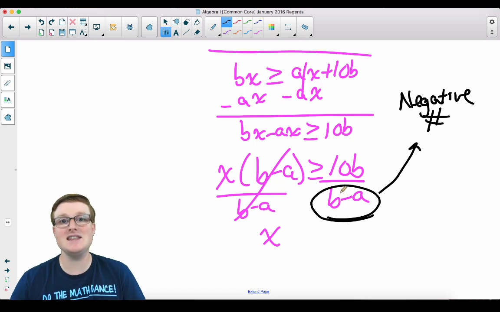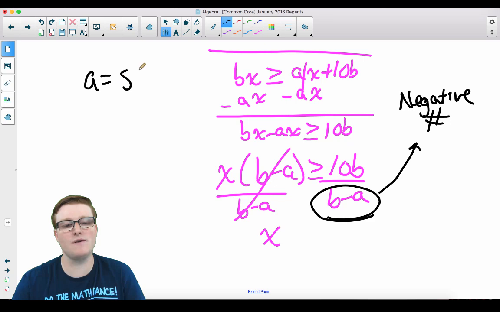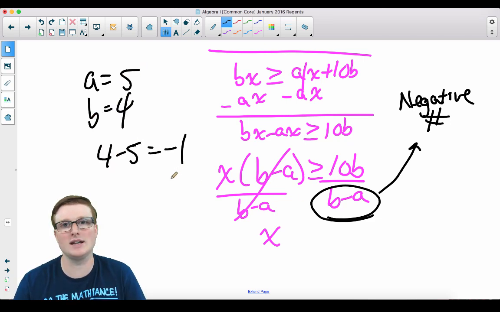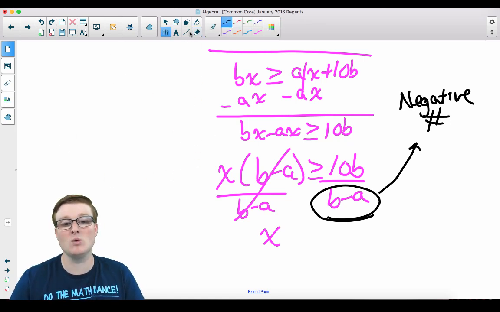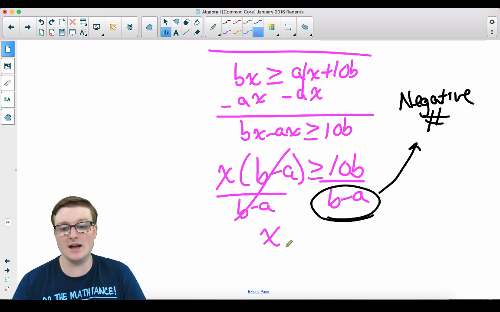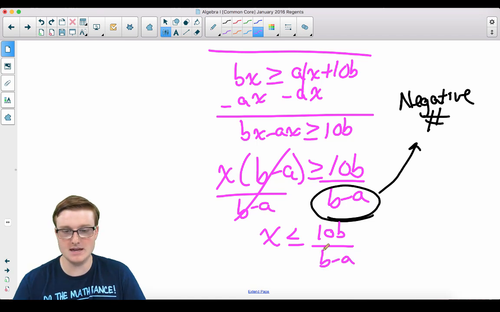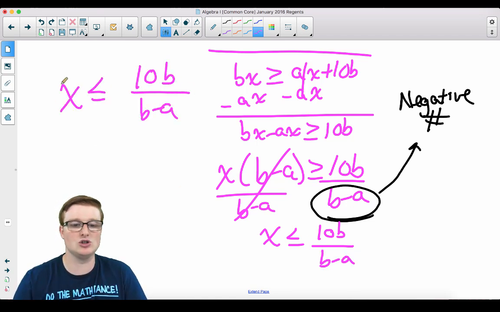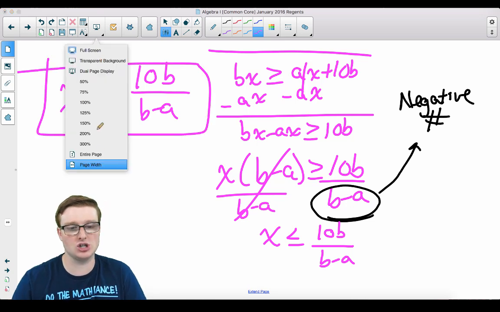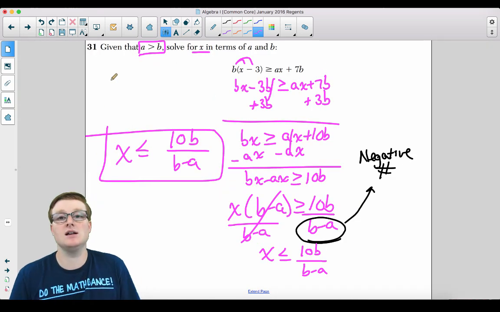B minus A is a negative number because if A is greater than B, for example, let's just let A equal 5 and B equal 4. What is 4 minus 5? That's negative 1. It's going to be a negative every single time. So this is a negative number. When you divide by a negative number, you have to flip the inequality sign. So x has to be less than or equal to 10b over b minus a. And that, ladies and gentlemen, is your answer. You have to be so careful with the instructions on what they give you. But that is how you do question